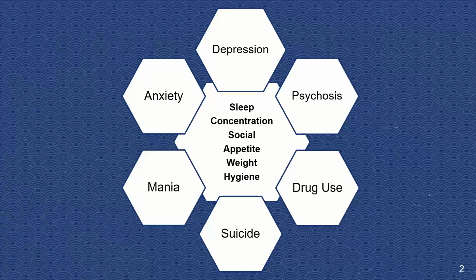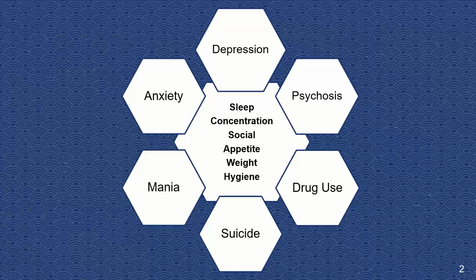these 6 things, again, these are some of the more common, more prevalent mental health and substance use disorders: depression, psychosis, drug use, suicide, mania being the opposite polar of depression when we talk about bipolar, and anxiety. All 6 of these things have a few things in common that are really non-clinical, that I believe that anybody can really identify if you're close enough to the individual, if you have a relationship with somebody, whether it's a working relationship or a personal relationship.